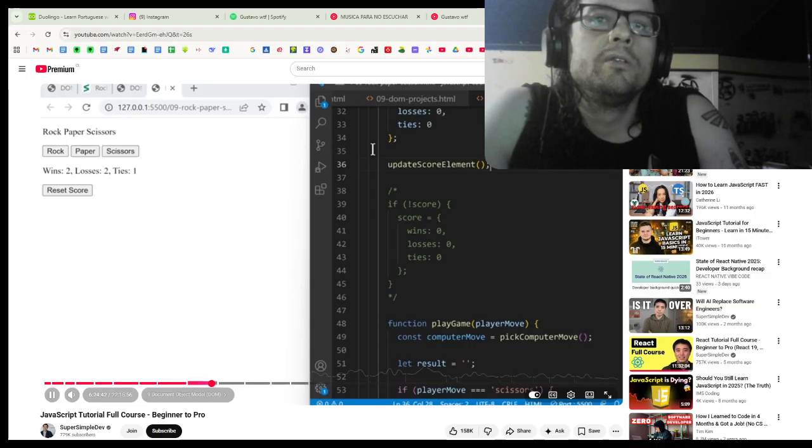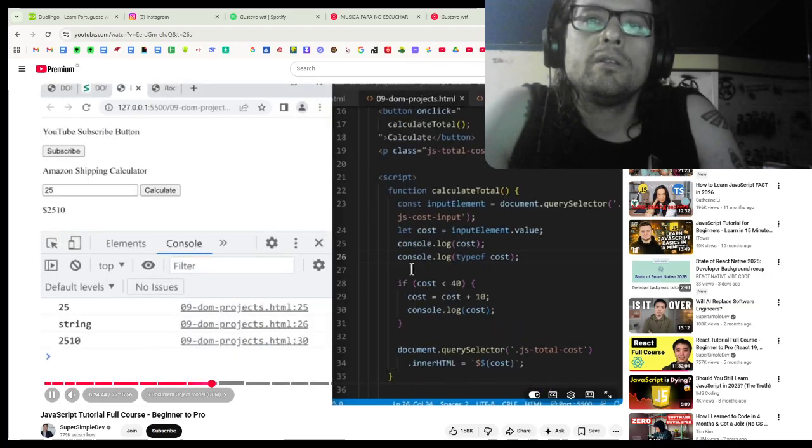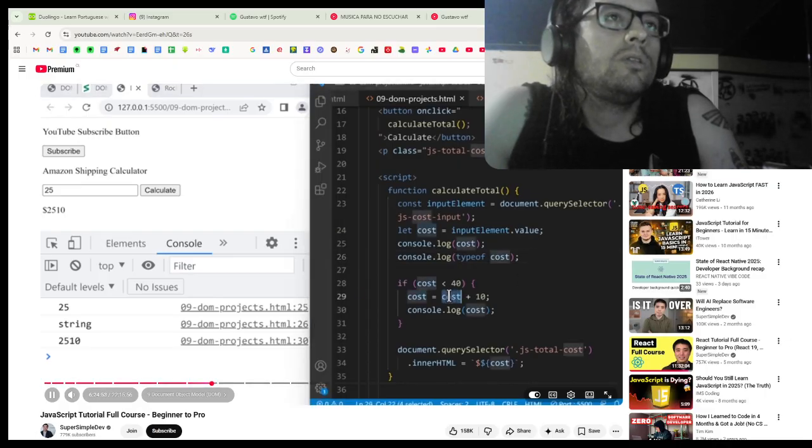That the cost is a string. So this is actually not a number, it is a string. That's why it's not doing math. So remember from the strings lesson, when we add a string with a number,